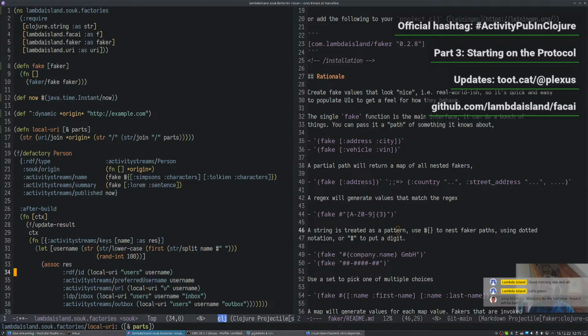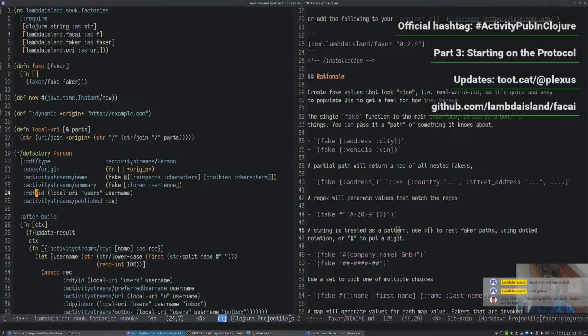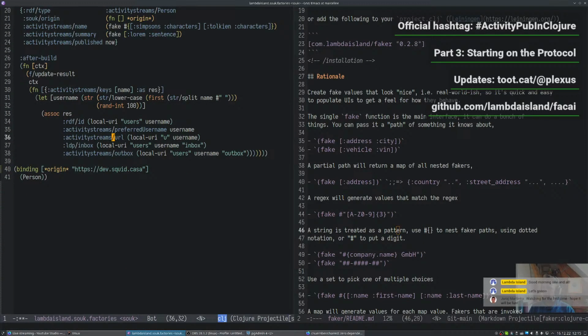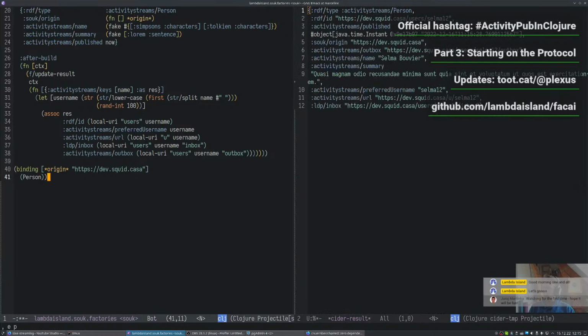So I could just say RDFID local URI fake, some faker that generates this. But then I'm gonna have inconsistent objects, where it has a name, a username, preferred name, an outbox URL that all are completely different. Whereas now I can generate this fake person,